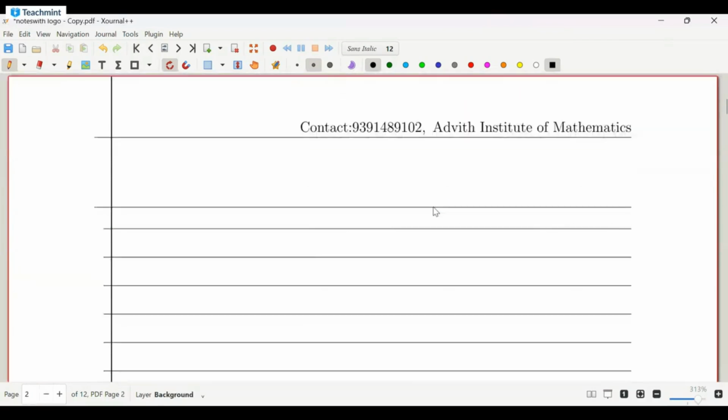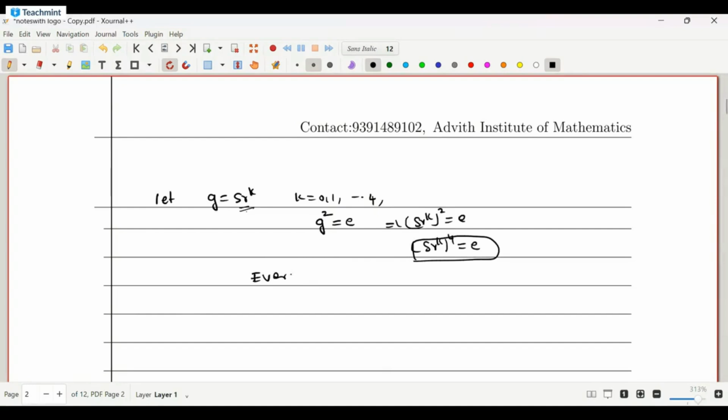What about reflections? Suppose let G is equal to SRK, where K is equal to 0, 1, dash dash 4. So మనకి ఏం కావాలి? G, but we know that G square is equal to E, sir. ఎందుకు? All the reflections of order 2, which implies SRK whole square is equal to E. SRK whole square equal to E అంటే SRK power 4 is also equal to E. So therefore every reflection